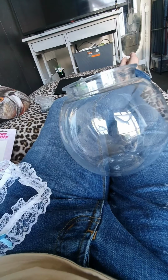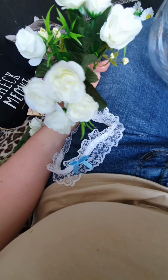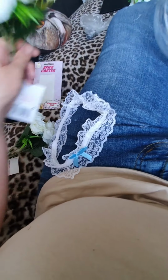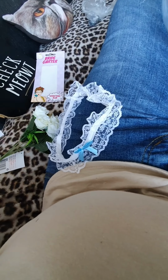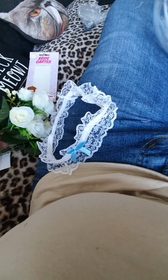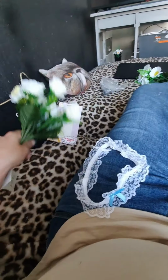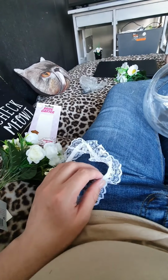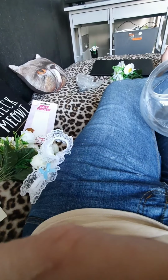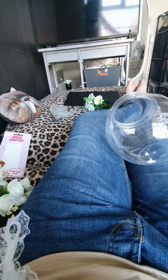And then I got some of these fake flowers from the wedding stuff. £1 each. Well, they're usually £1 each actually, but I think I got them for 50p each. So yeah, there's 2 lots there. So pretty much it's gonna be like, let me just turn the camera. So it's pretty much going to be like,